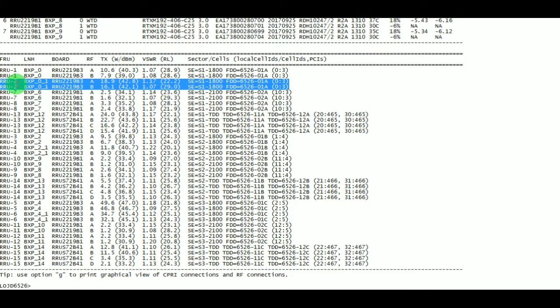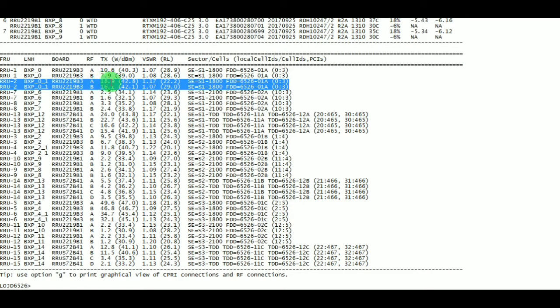Whereas RRU number 2 also belongs to sector 1 of FDD 1800, that is the cascading radio unit. So this is the product name. These are the branches A and B of sector 1 FDD 1800.